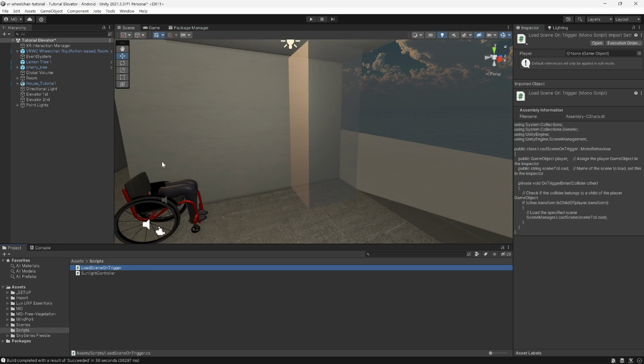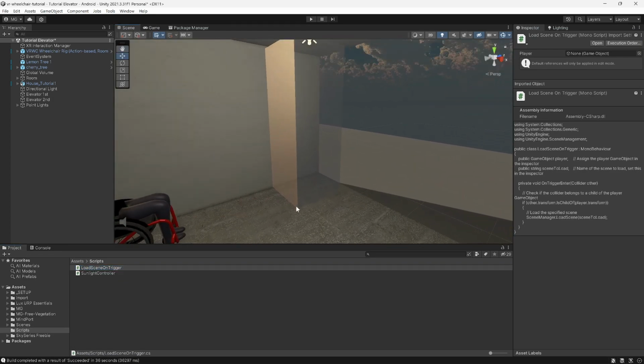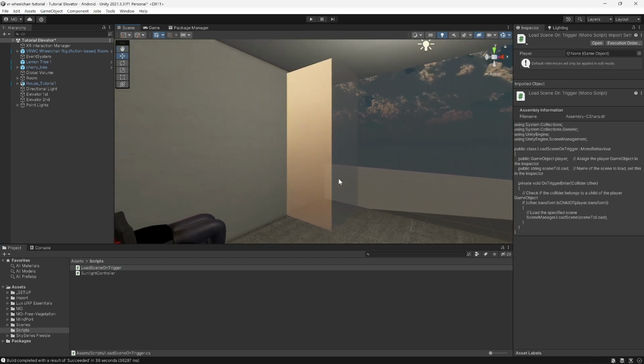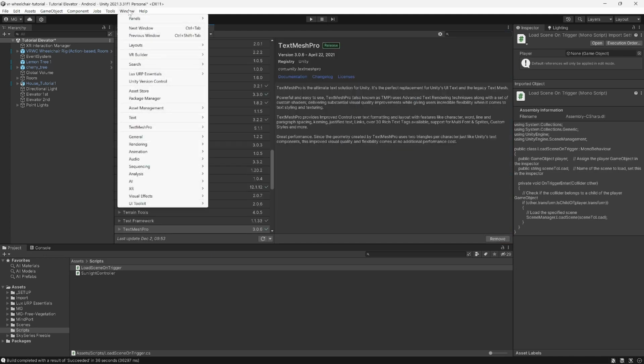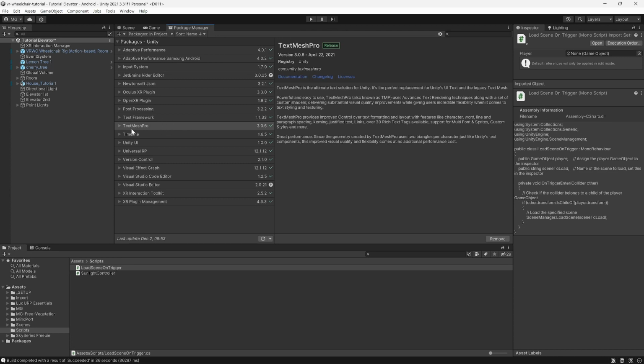But here we are just using the script. What we should also tell our users is a little bit what this game object here does. So it's a good idea to annotate it a little bit with some text. So in your package manager, if you don't have it, go to Window Package Manager and you get that. And in project, you should find